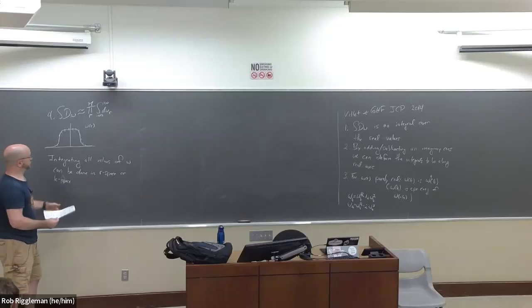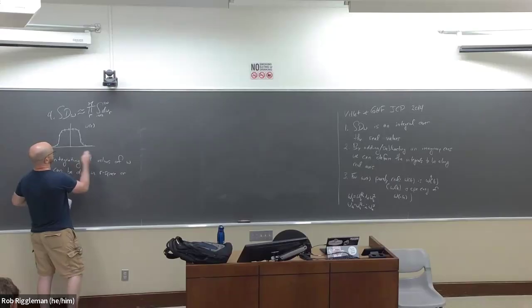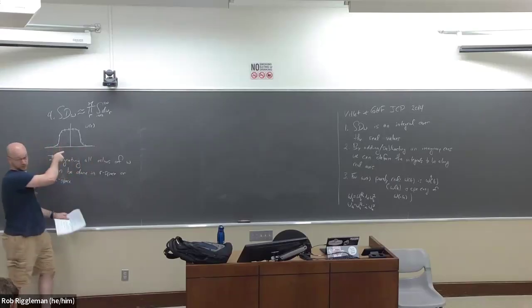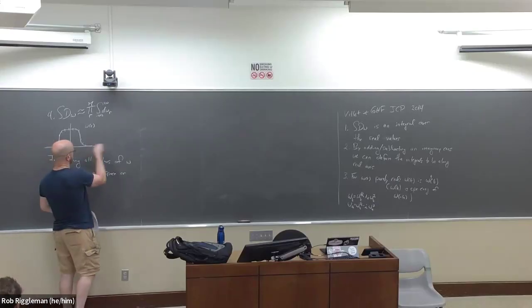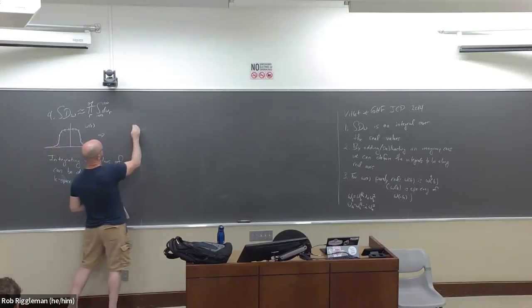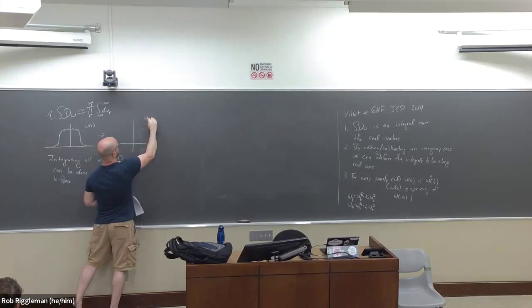The thing that we have to be a little bit careful about, and so actually let me say a couple of things. So this is kind of like a smoothed out box function. So the actual box function is the sine kx over kx. And smoothing it out just means like convolving it with, or multiplying it by, a Gaussian. And so then if we had W of k for